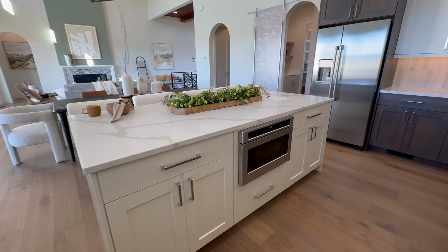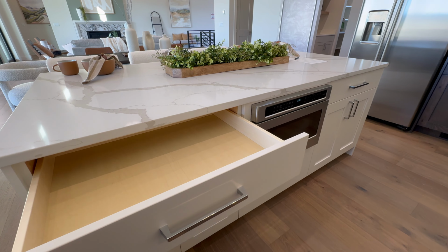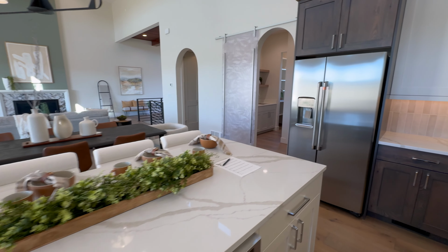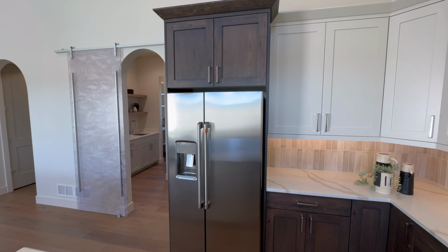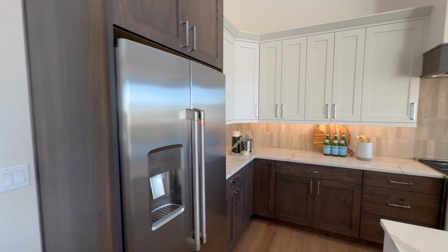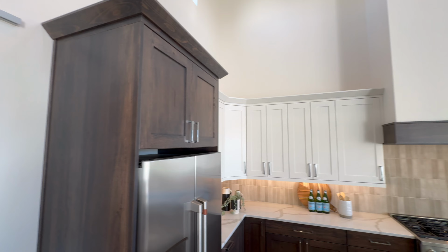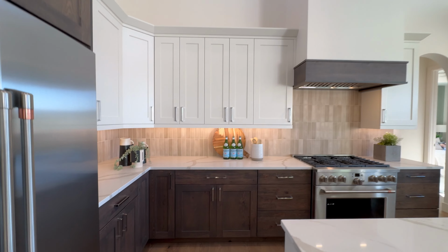But on this side of the island, you've got the built-in microwave, and then a couple cabinets and drawers, soft close. And then you have along the back wall the refrigerator. Interesting. So this is the surround on this. I guess that matches. Okay, I just noticed that the uppers and the lowers are different. So this just matches the lowers. But obviously, you would need a ladder if these went all the way up to the ceiling, so they don't. So you can do some decorating up there if you wanted to on top of the